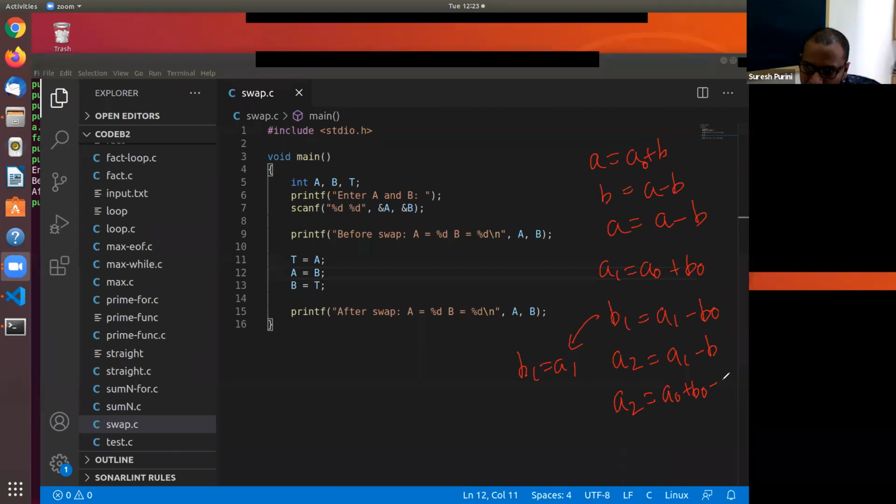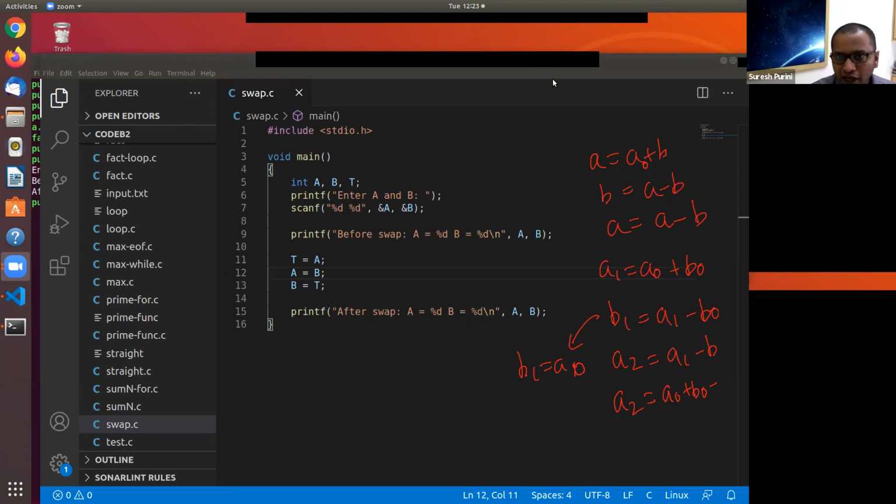Does this make sense? B1 would be equal to A naught, no? Oh, here. Okay, that's the reason. So now it will work. Finally, A2 becomes equal to B naught.